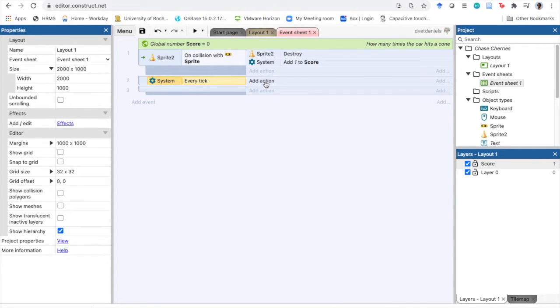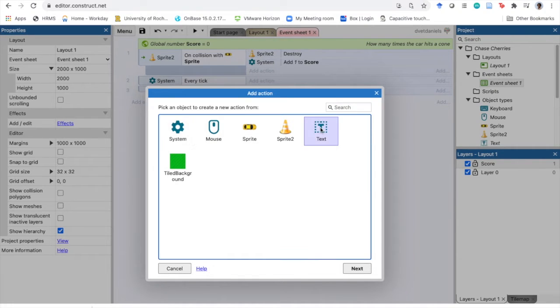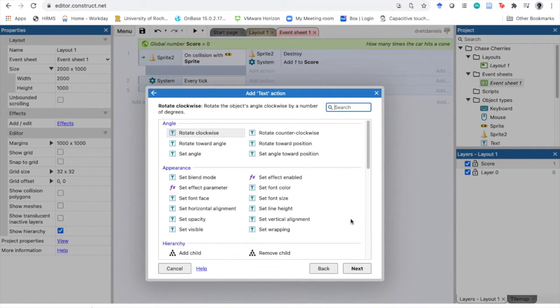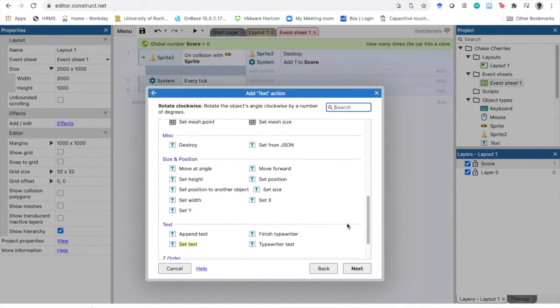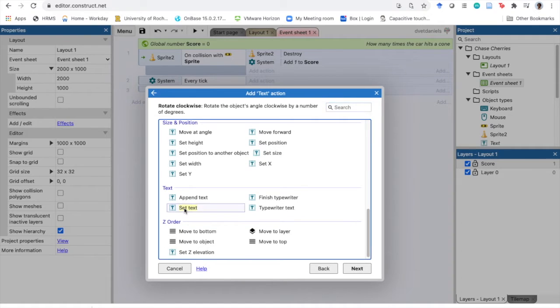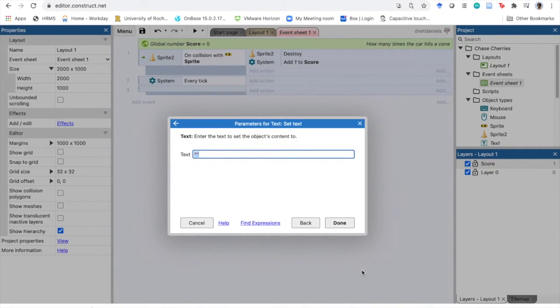Now I'm going to add an action. This is going to be a text action. What we're going to do is at every tick, we're going to set the text. Now the question is, what are we going to set the text to? We're going to click next, and then it gives us these quotation marks. So if you recall, a quotation mark means a string. So I'm actually going to type score with a colon here, and that's going to put the word score with